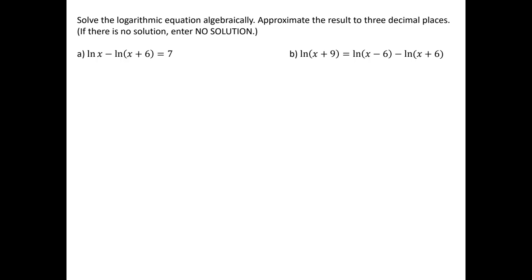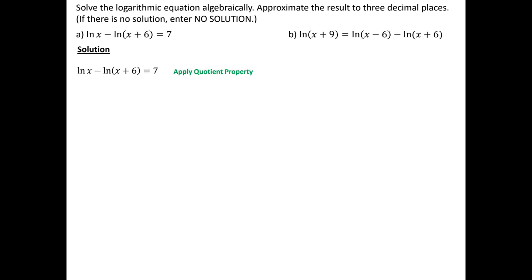Okay. So for the A, to solve for this, before I can solve for the log, I want to isolate the log, and I can isolate it by applying my quotient property. I have two logs. I'm going to condense it to one. So this becomes the natural log of x divided by x plus 6 is equal to 7. Now, I'm going to do the same way that I solved all the previous ones. I'm going to change it to its exponential form,